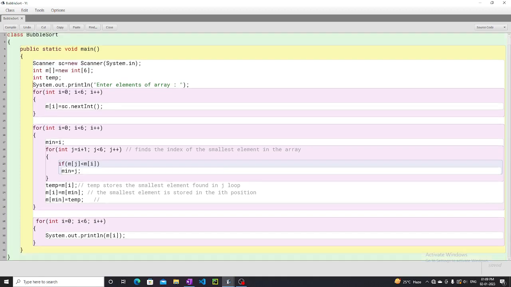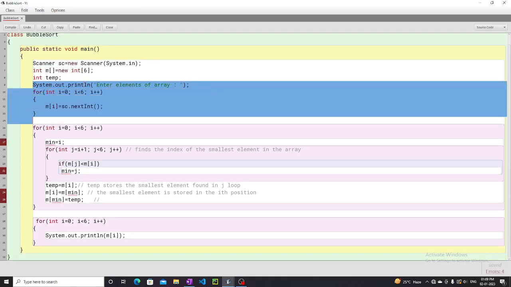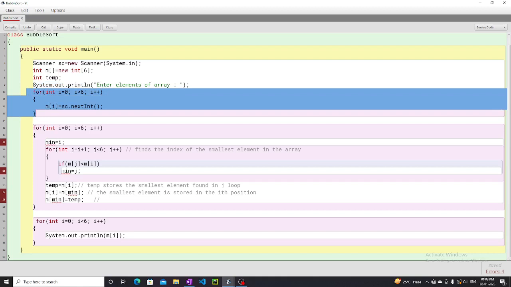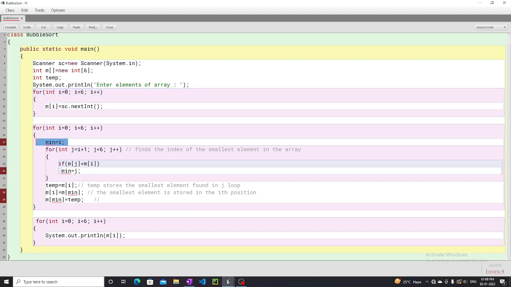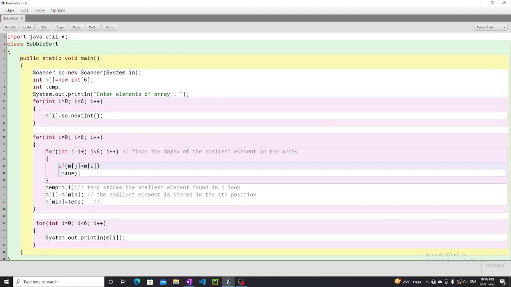We have accepted the elements of the array, that is, enter elements of the array. Then here 0 to 6, it is correct. Minimum we don't need. J will run from, obviously, every time the inner loop runs from the 0th position, so the first value of J will always be 0. But this time it will not run